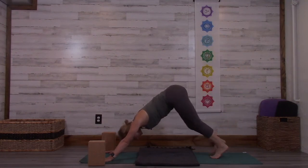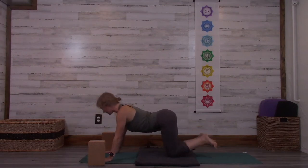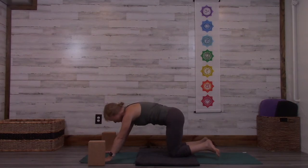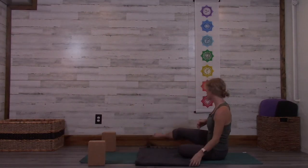We'll take the knees down to the mat, lower the knees to the floor. Inhale, release your belly to the mat, cow tilt. Exhale, press into your hands. Take your tailbone under and around through your spine. Inhale, come to neutral. Shift your hips around to the right or to the left, legs swinging